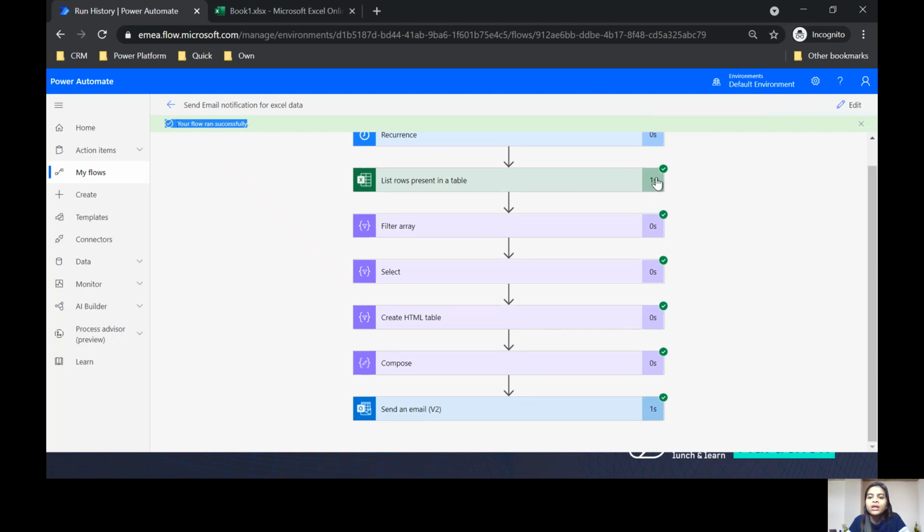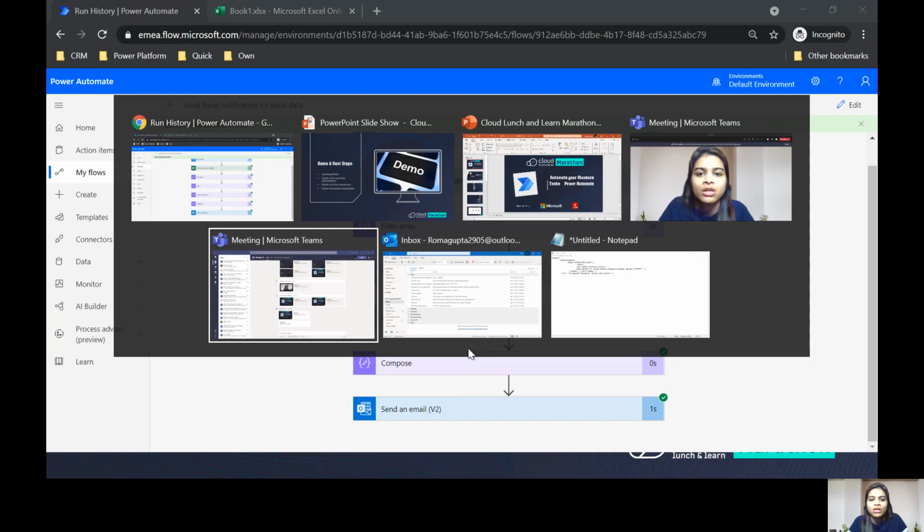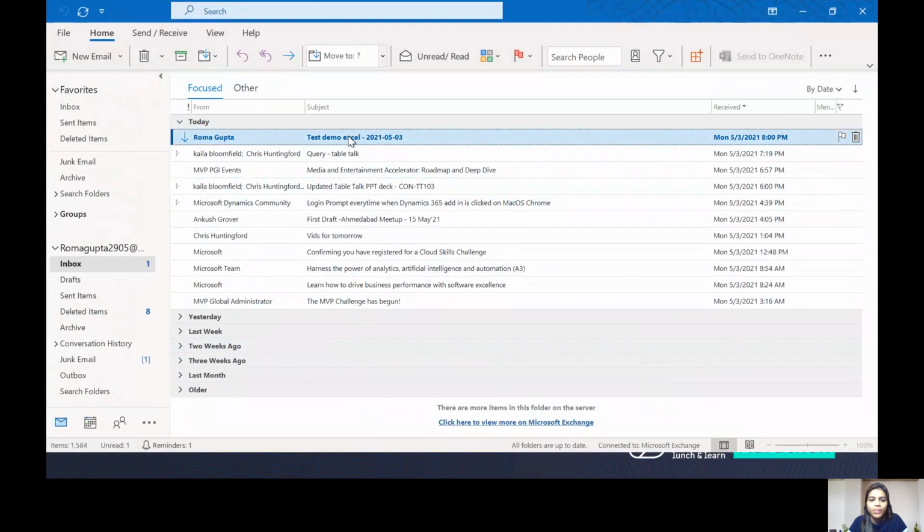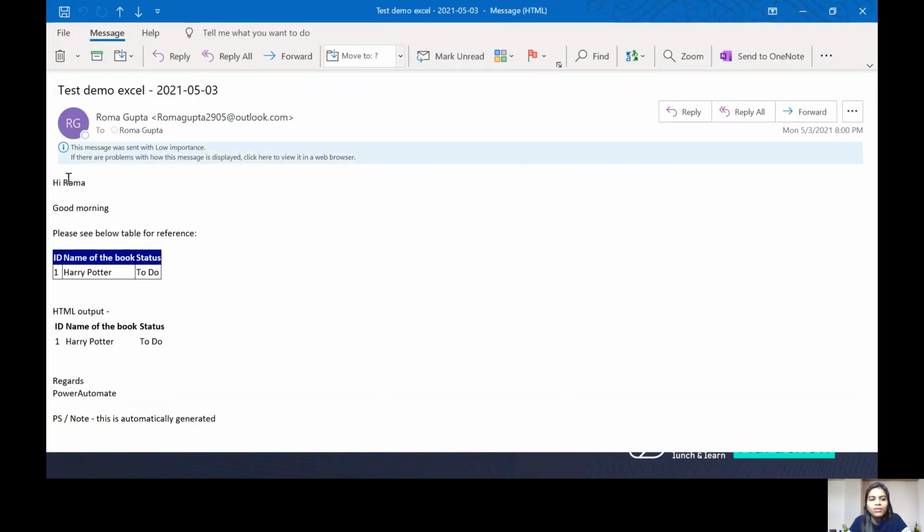The 1 second is the amount of time it took for the records to get back from the Excel to this flow. And as a last step, an email would have been received in my inbox. So let me just quickly check. I did receive it, and if you see, I have it.